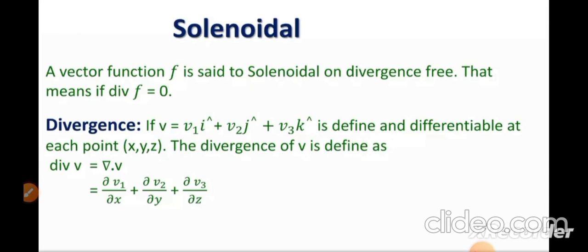When we find the dot product with V, that is V1 i vector plus V2 j vector plus V3 k vector, we will be getting